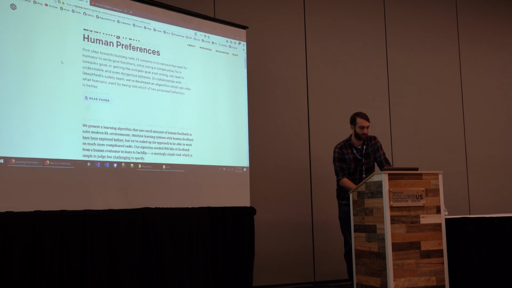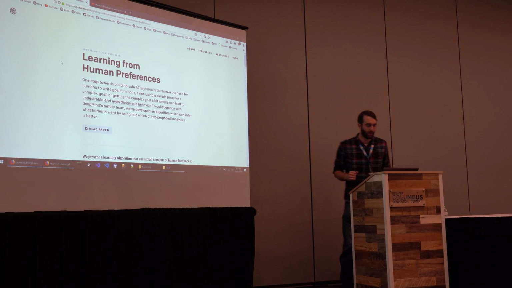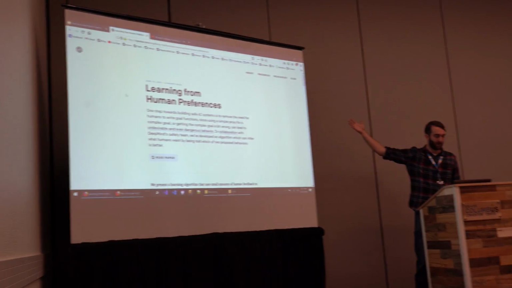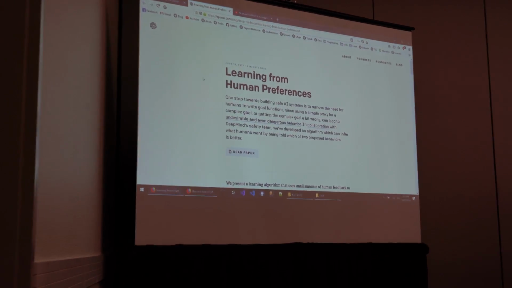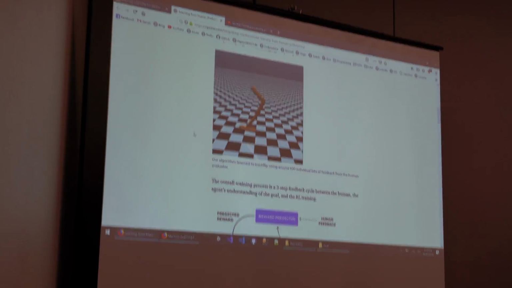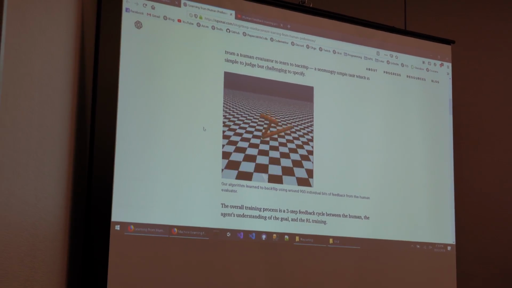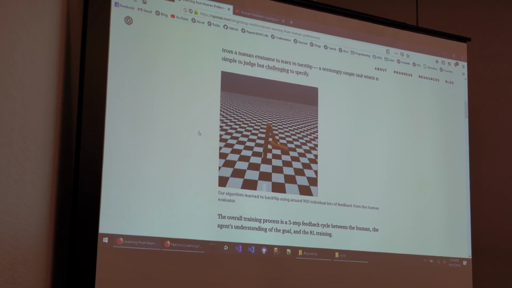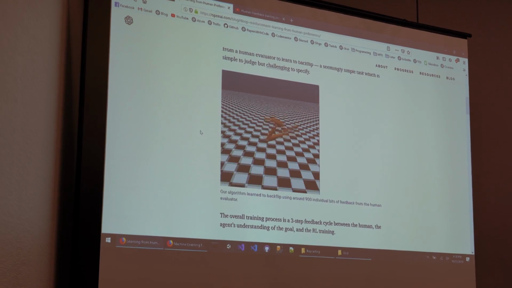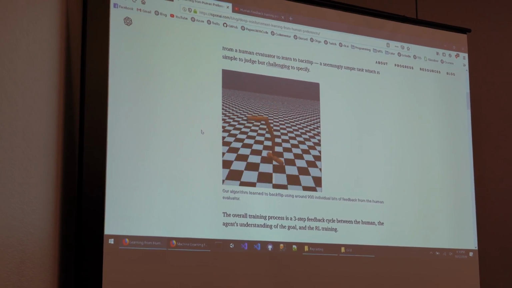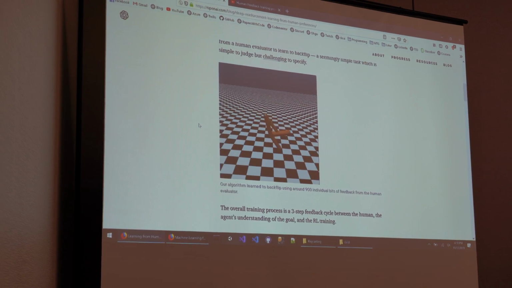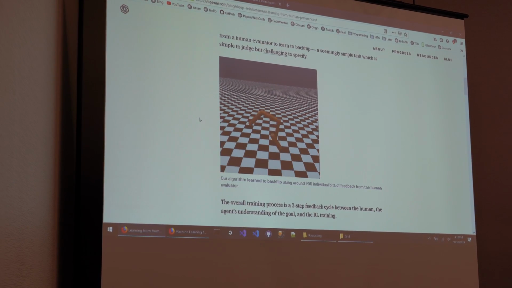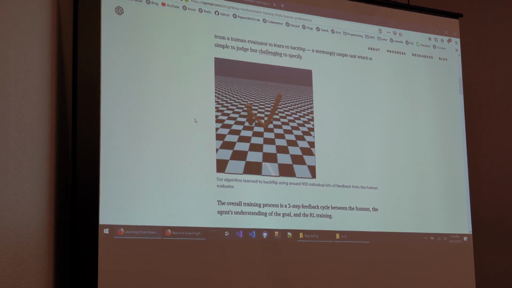So if you haven't been in machine learning, OpenAI publishes this blog, hence the name Open. Everything that they're doing is out in the open. You can learn all you want about machine learning. And they have this really simple game where your character is just a leg with a foot. The normal goal of the game is to run to the right as fast and as far as possible in a limited amount of time. But they wanted to show that you can train this game to do anything. So they wanted to train this leg to do a backflip.